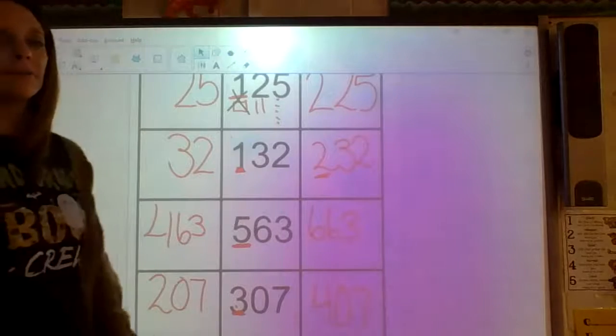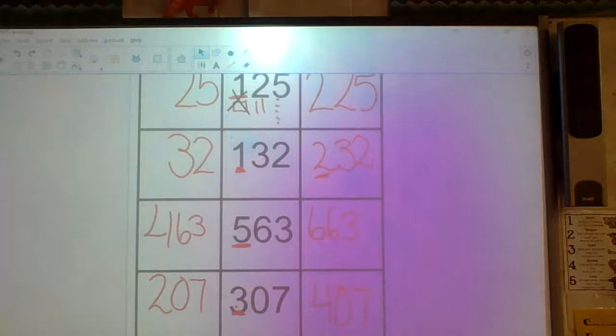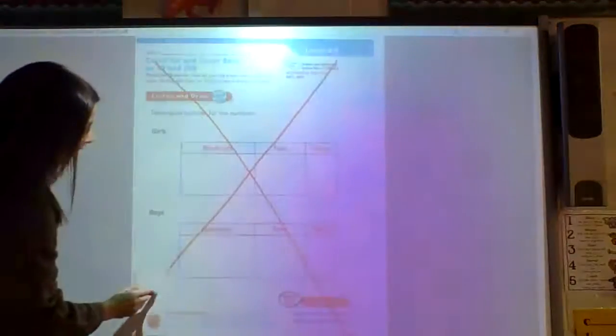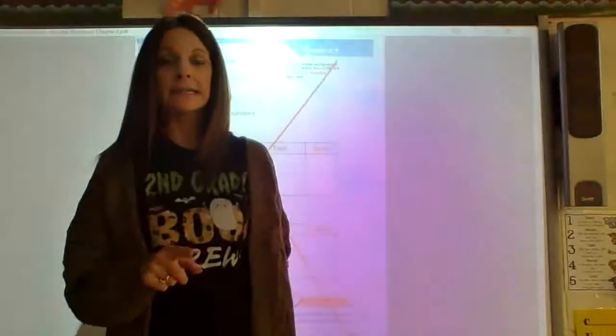Awesome work, my friends. Now let's see if we can apply this to our worksheet. What I would like you to get out is page 123 from lesson 2.9 yesterday. All right, we are going to skip the front because we worked through our activities yesterday and today. What I really want to focus on is the other side of that sheet,